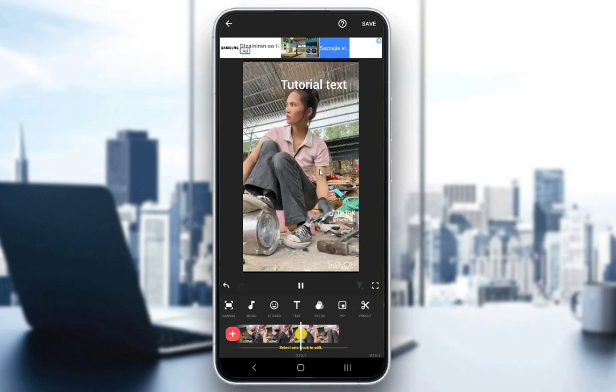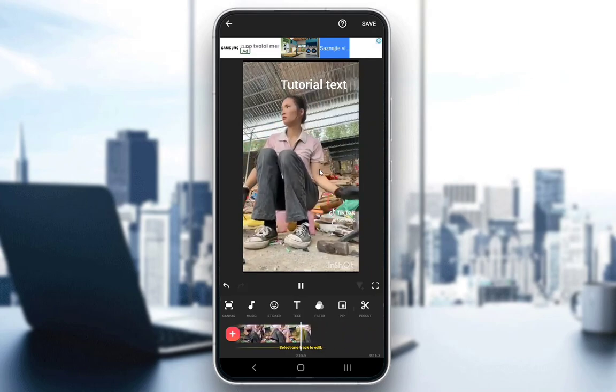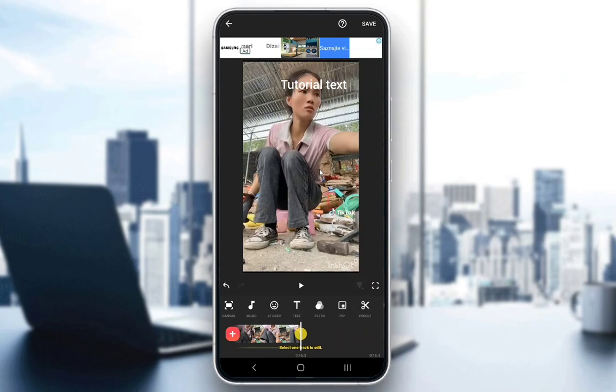You have a lot of other options, whether to add stickers, add filters, cut the video, or just make editing in any way, add music, whatever you want. Now that is pretty much it. As I've said, it is a